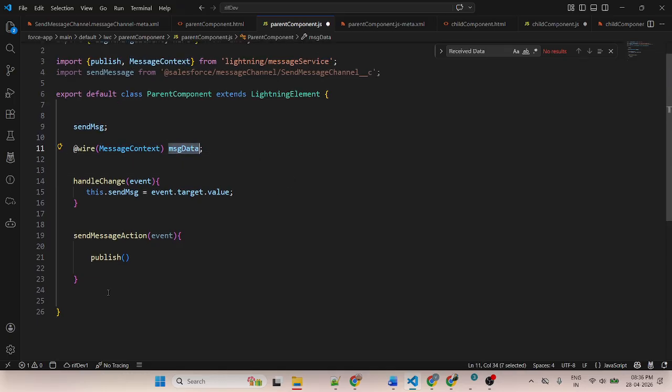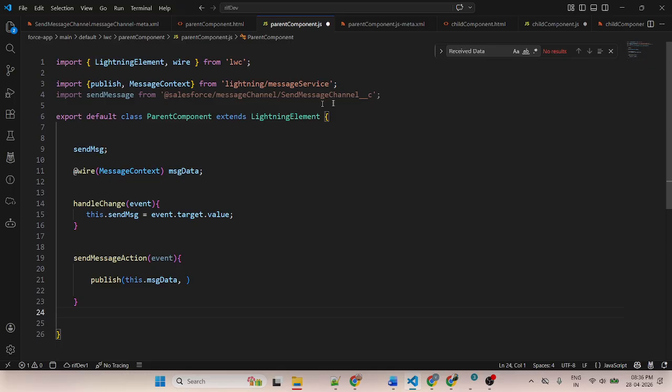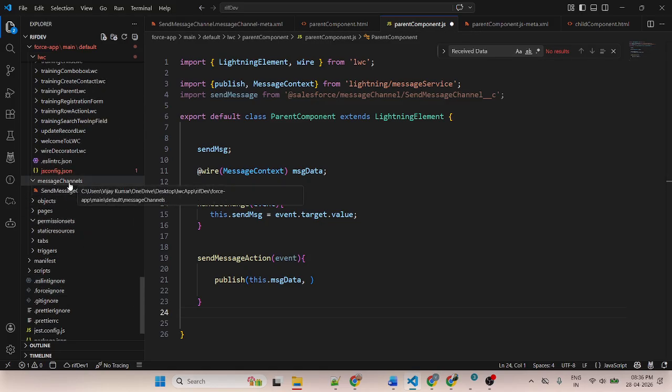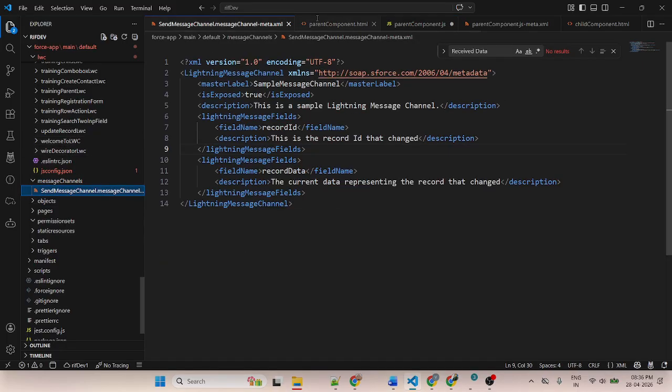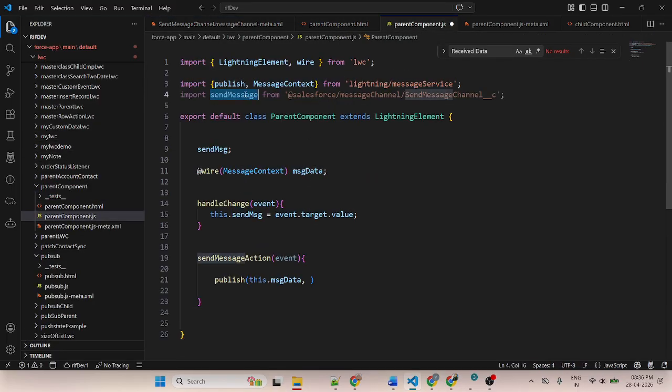First we'll pass this adapter, comma, then pass this one. This is the lightning message channel. This is a folder, so I am importing it here. So this variable I call here.